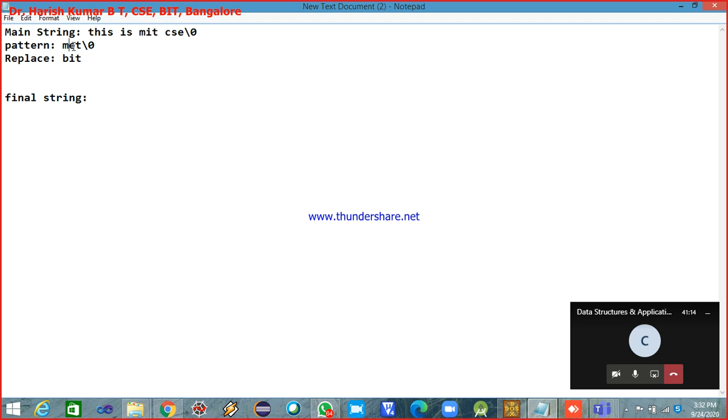People understood? See, if the first character matches, we increment both the pointers, and we compare the second characters. If the second character matches, what do we do? We again increment the pointer in the main string and the pointer in the pattern string, and we go for comparing the third characters until the null character is encountered in the pattern. So now what is happening? Even before the null character in the pattern is encountered in this example,